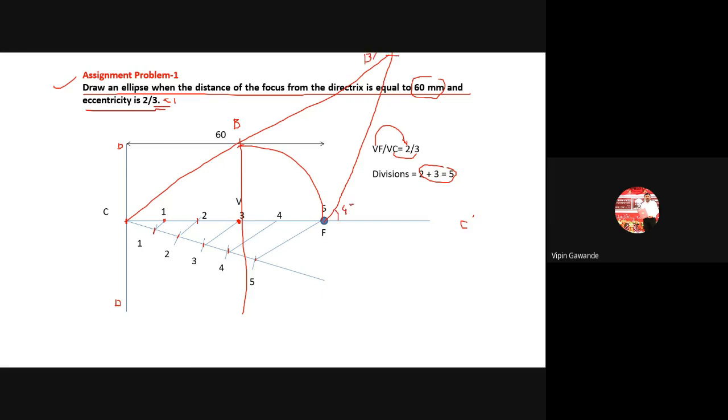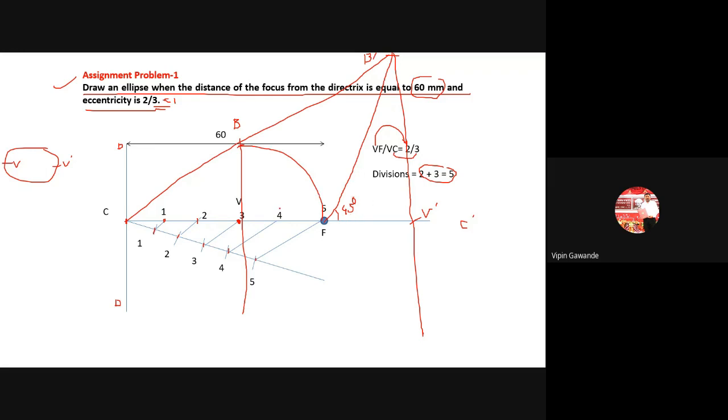at F. ही ऍडिशनल स्टेप आहे, फक्त इलिप्स मध्ये. ही स्टेप फक्त इलिप्स मध्ये फॉलो करायची, नॉट इन द पॅराबोला अँड हायपरबोला. Okay, then from B dash you draw the vertical line, you will get here V dash. 45 degree angle draw केल्यानंतर ती लाईन आपली CB ला इंटरसेक्ट करेल. B dash पासून एक वर्टिकल लाईन टाकायची, will get V dash here. वर्टिकल लाईन टाकल्यानंतर ऍक्सिस ला इंटरसेक्ट करेल, we got here. But आपण का 45 डिग्रीज अँगल घेतो? Because we know that in ellipse we have two vertex. That's why we are taking here 45 degree angle. पॅराबोला मध्ये घ्यायचा नाही अँगल, हायपरबोला मध्ये हा अँगल घ्यायचा नाही.